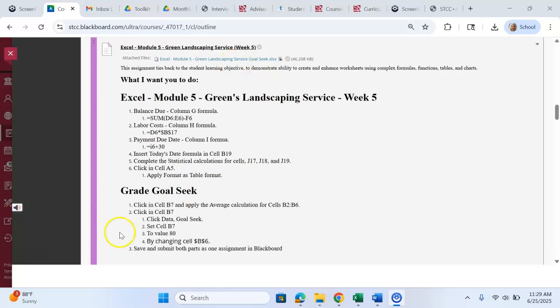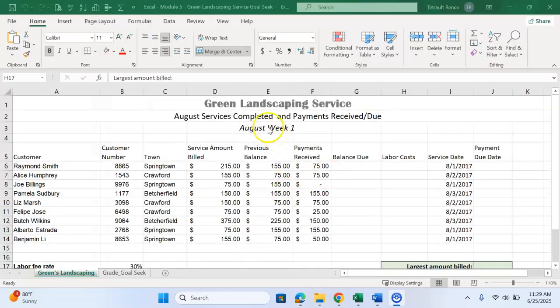Go ahead and open the attached workbook. You'll notice in this workbook there are two worksheets. Let's start with Greens Landscaping. Row 5 has the column headings: customer name, customer number, town, service amount, previous balance, and payment received. So I'm going to click in G6, and this is going to be a complex formula,